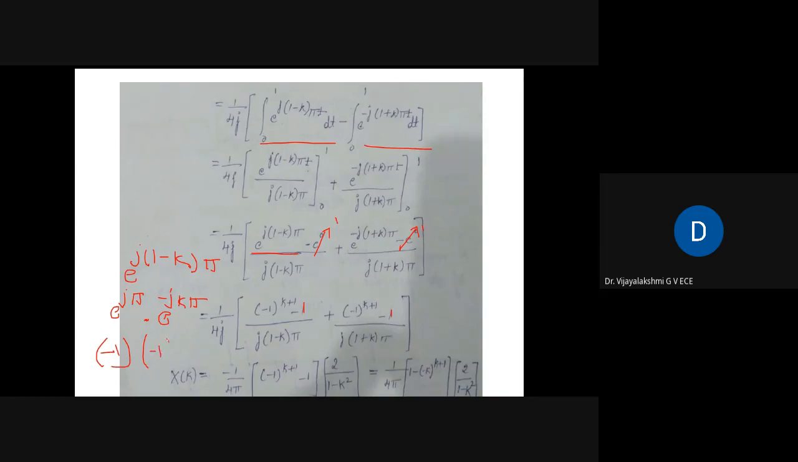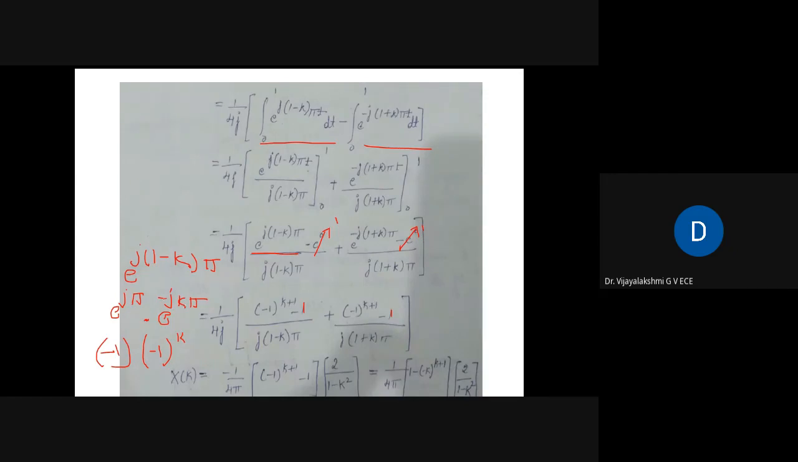This is nothing but minus 1 raised to k. Because if you vary the values of k, you will get alternate values. So that is e raised to j pi; if k is equal to 1, it is e raised to minus j pi. If k is equal to 2,